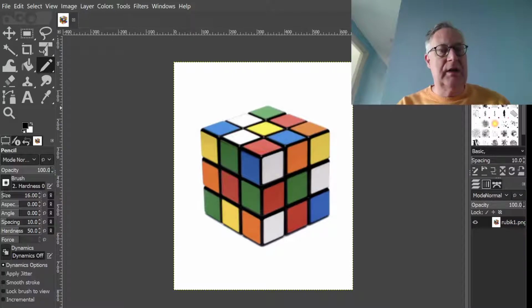So let's try and analyze the effect of the perspective distortion using a simple